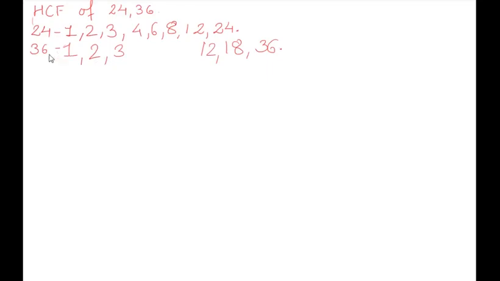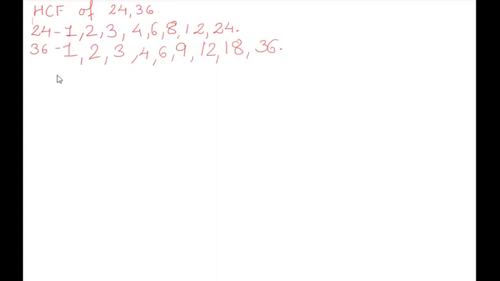Move after 3. After 3 comes 4. So, will 36 come in 4's table? Yes, what is that? 4 9s are 36. Any other table afterwards? Between 4 and 9, 5. It doesn't come in 5's table. Then 6. Yes, what is that? 6 6s are 36. 7 no. And 8 no. So, these are the factors of what? Correct. These are the factors of 36. What are they? 1, 2, 3, 4, 6, 9, 12, 18 and 36.